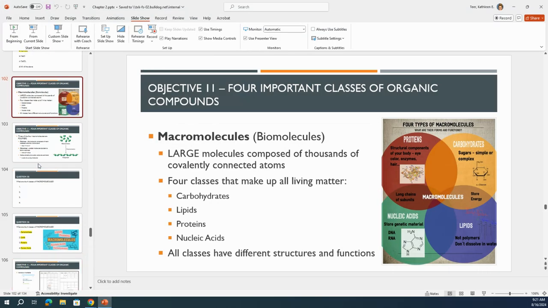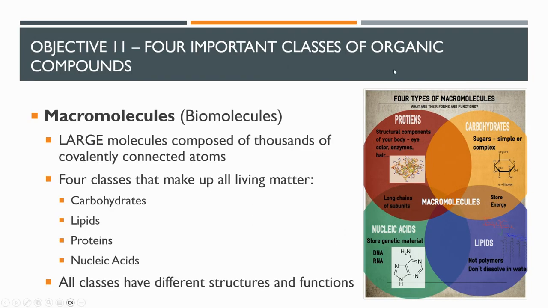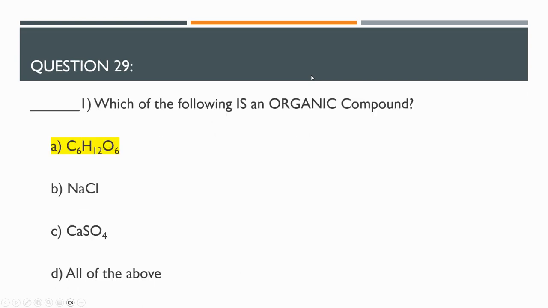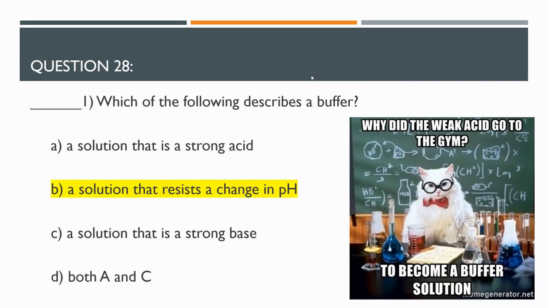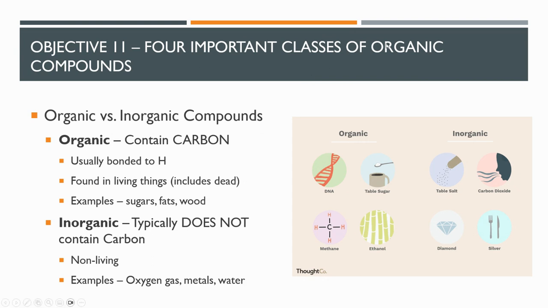Alright, so we're going to be starting our last and final objective in our review of chemistry unit. And it's going to be all about macromolecules. And so we're going to be looking at 4 different classes of organic compounds. And before we understand exactly what a biomolecule is, we need to understand what it means by organic